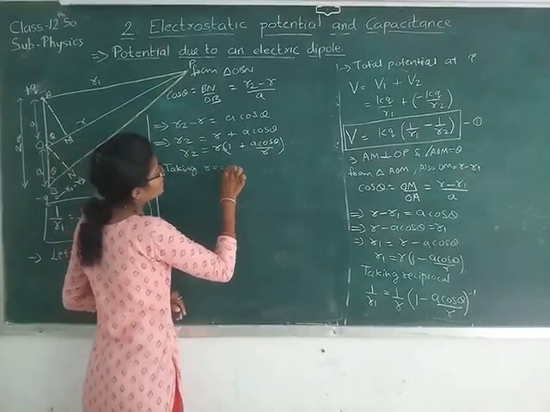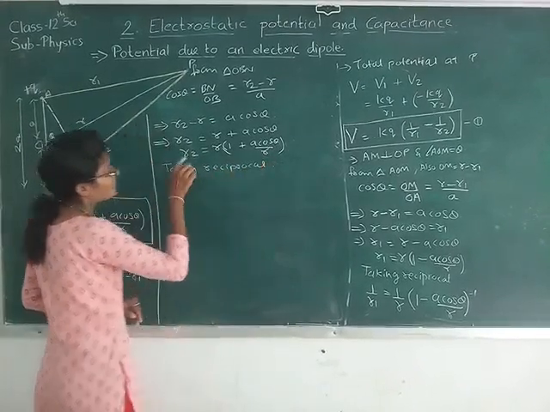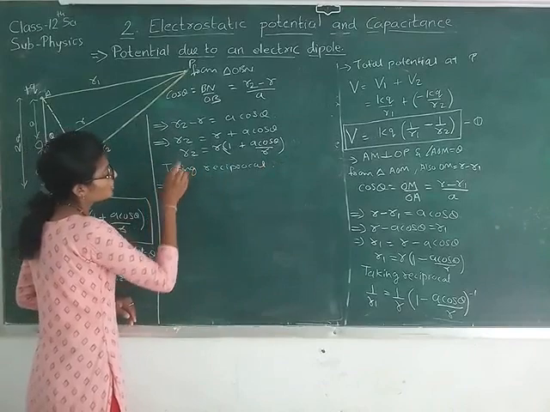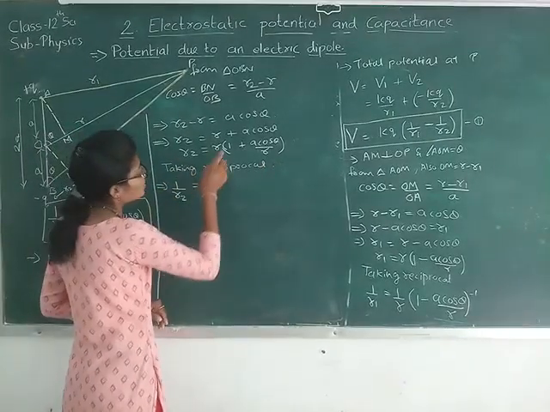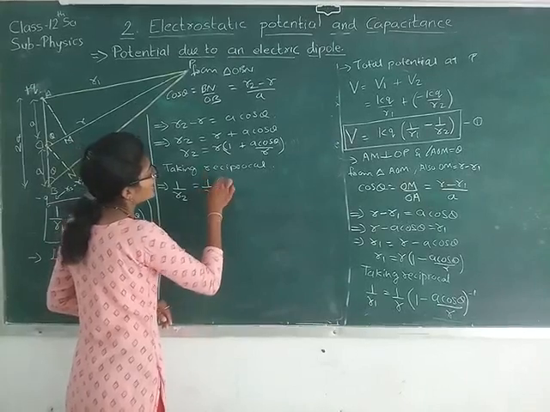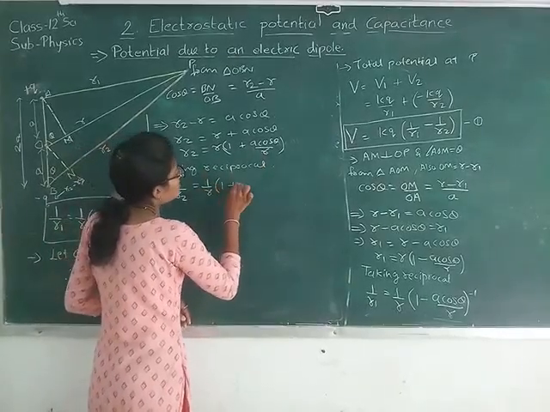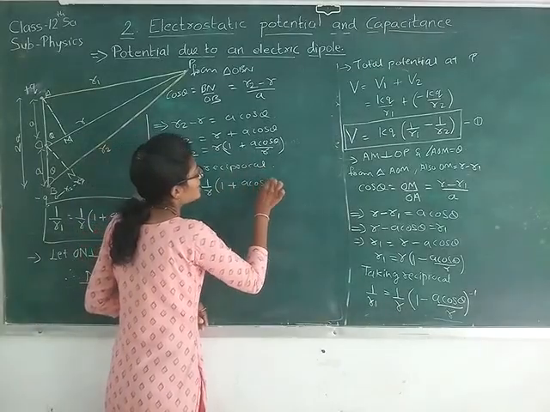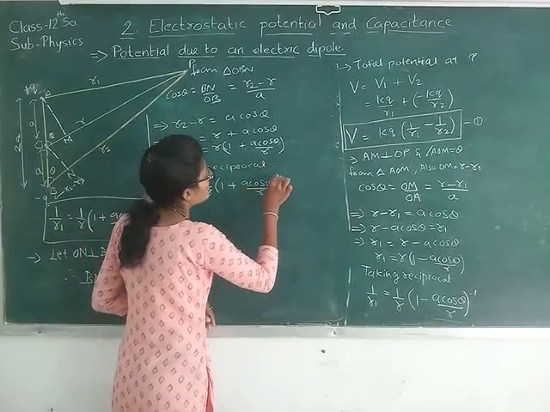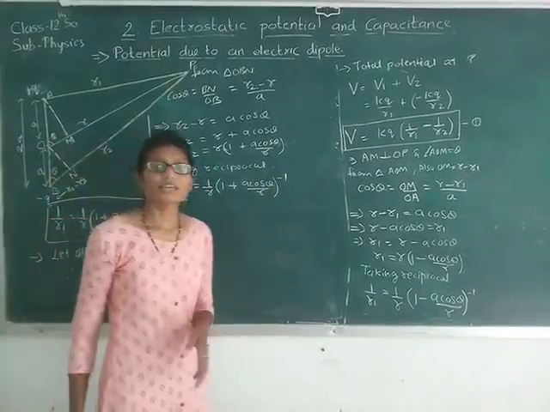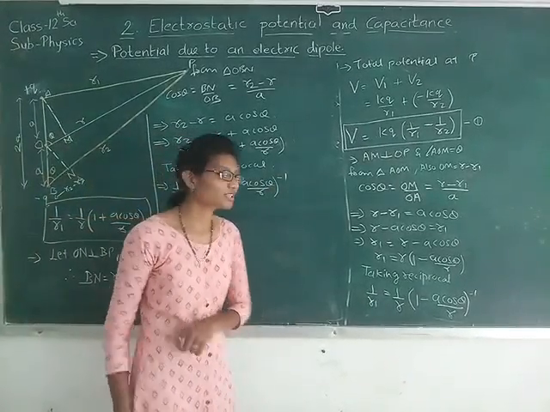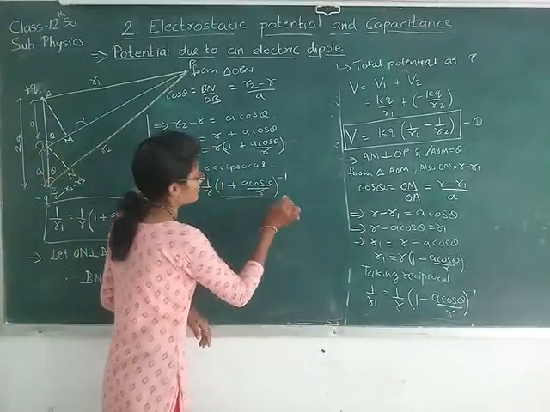Taking reciprocal, what we can write? On the left hand side it will be 1 upon R2 equals to, on the right hand side it will be 1 upon R. Reciprocal of this becomes 1 plus A cos theta by R raised to minus 1. Now again when we apply the binomial theorem for these terms,